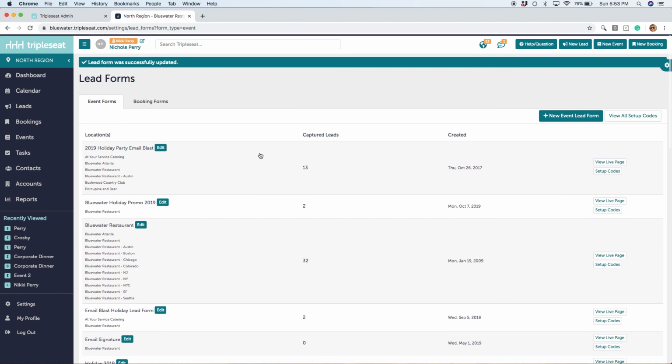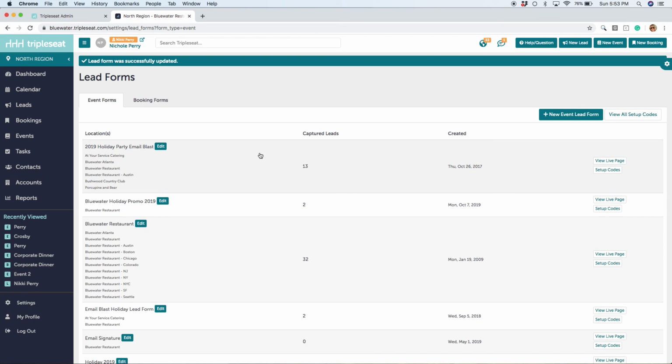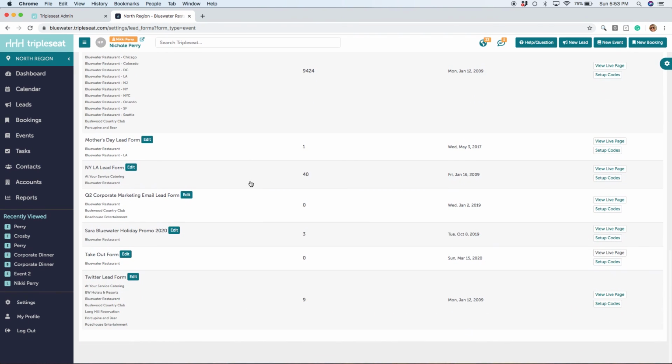So again, guys, just to recap, we created that drop down, we created an area. We are going to use our calendar filters to make sure we can easily identify our takeout events. We're going to use the Events tab to be able to mass print the documents that we need to execute. And then we also created a lead form so that we can do a promotional email or a marketing email and be able to reach out to our customers about our